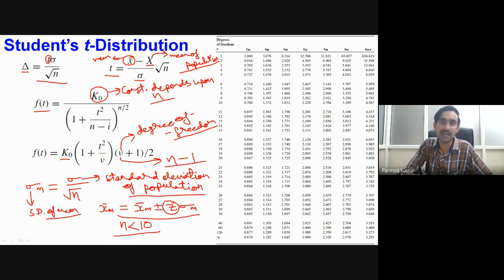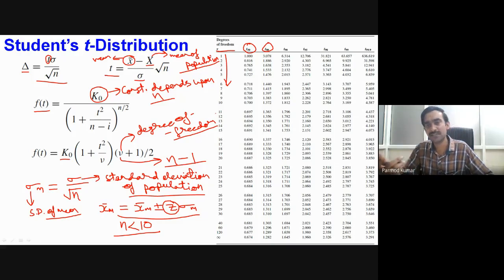So here you can see the extreme left column represents the degrees of freedom. Over here it is increasing in the downward direction, and then the individual columns: the first column corresponds to the confidence level of 50%, then the confidence level of 80%. So accordingly, we have the different values of t. So T50 is nothing but the value of t corresponding to 50% confidence level.